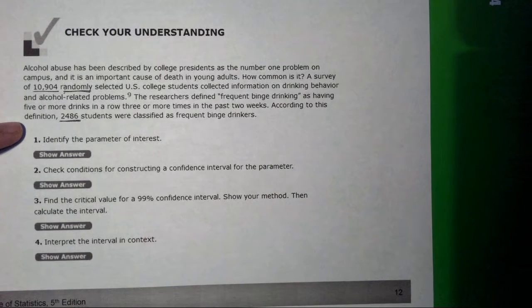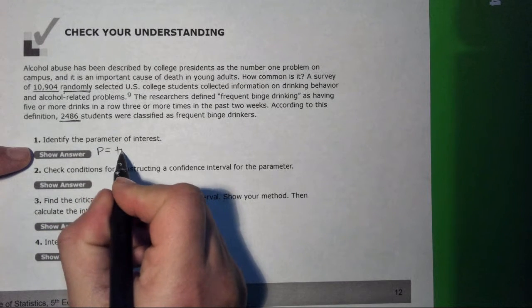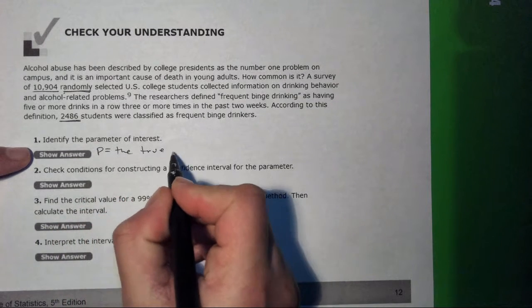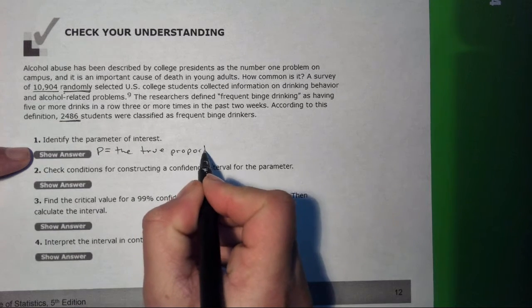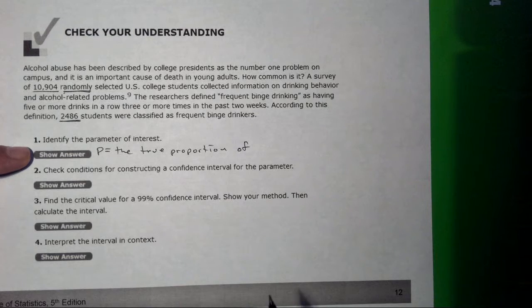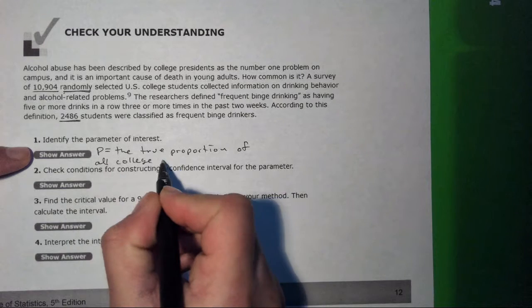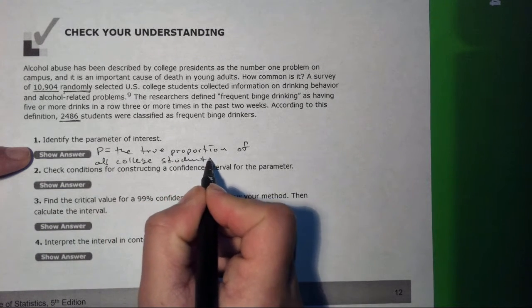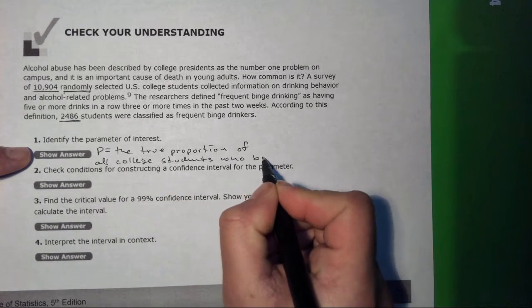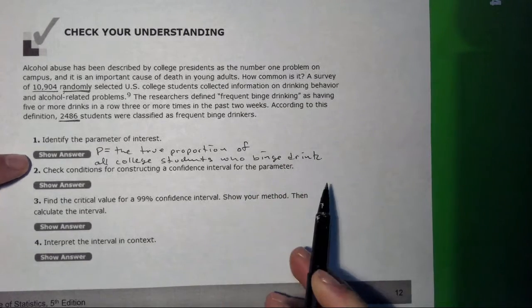So our parameter of interest is going to be P equals, so what's our P? Our P is really the true proportion of all college students who binge drink. Okay. All right, so checking the